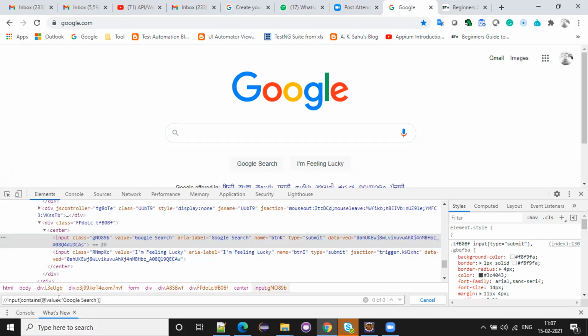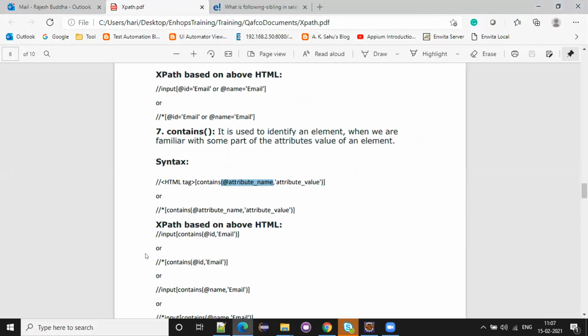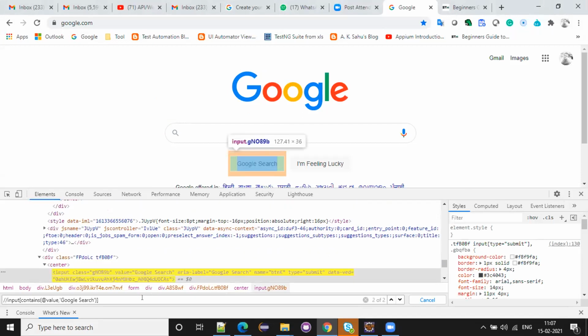You should be clear about the syntax. You should not use equal, you have to use comma. See here, attribute, comma, then single quote or double quote, you can keep anything. So here also two are there. Then again we have to see which one is the second one.